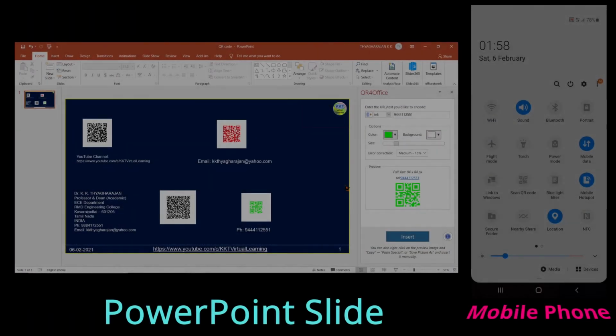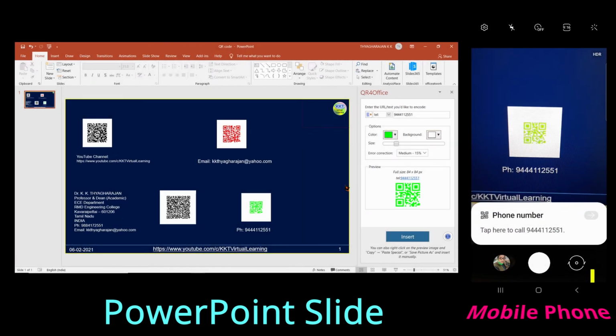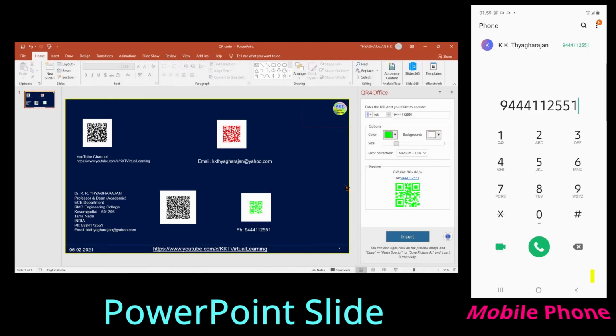Now I scan this QR code to click on this message and the complete phone number appears here. If you want to call, you press this call button. So you will get the number directly from the QR code. Actually, the QR code itself will not call. Only it will give the information. You have to call it. So instead of entering the number, now you are getting directly from the QR code. So the mistakes in entering the number will be avoided here.